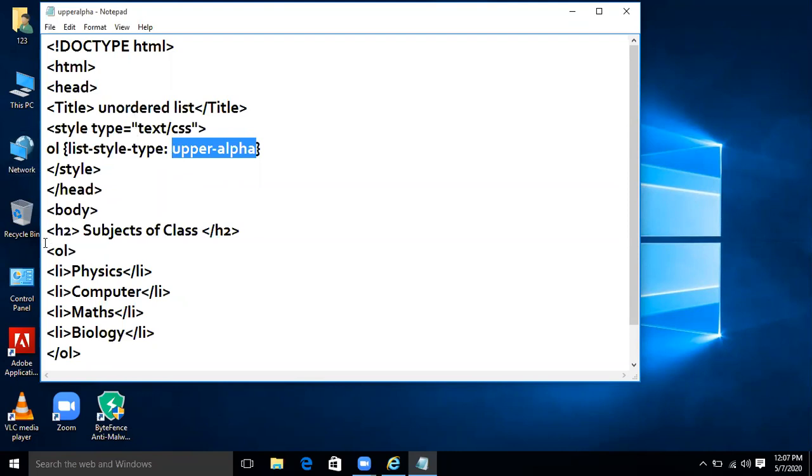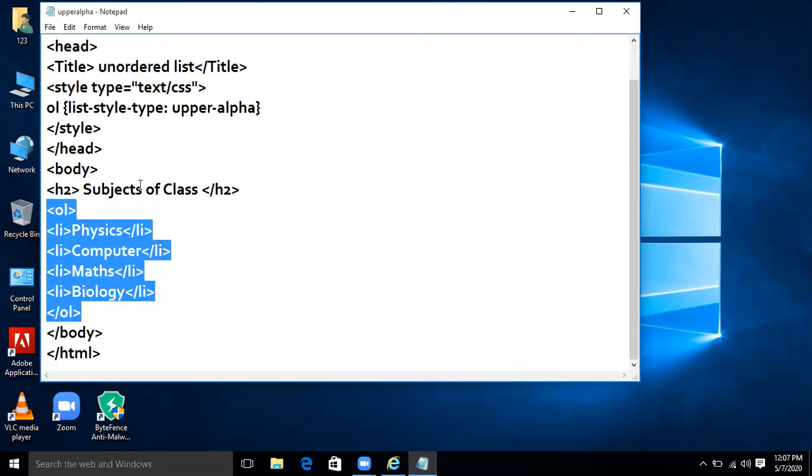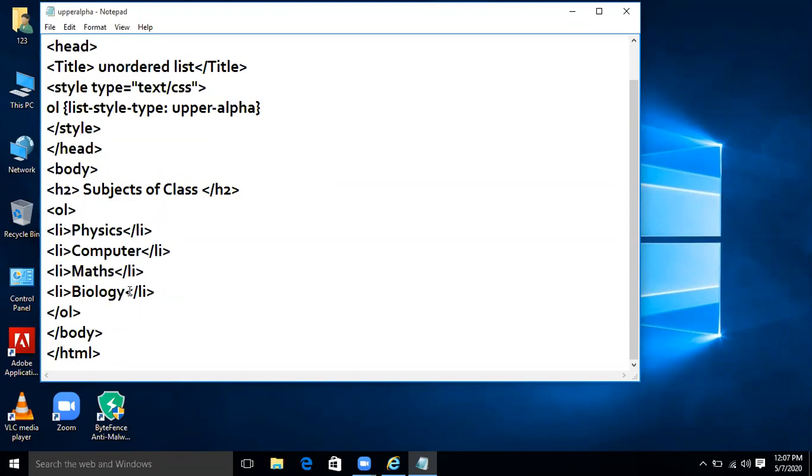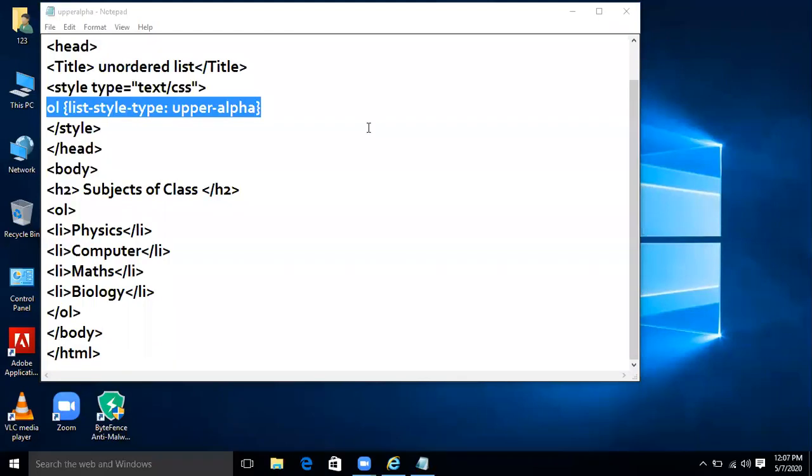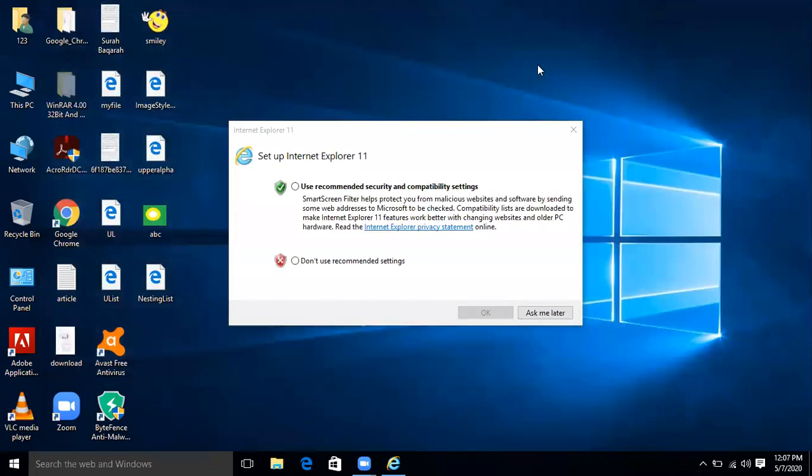So now this ordered list we have applied, and you will see that these physics, computer, maths, biology all will appear in the upper alphabets. Otherwise, all the coding is same. Only this ordered list is there now. List style type is now upper alpha. Okay. Now I am going to close it.